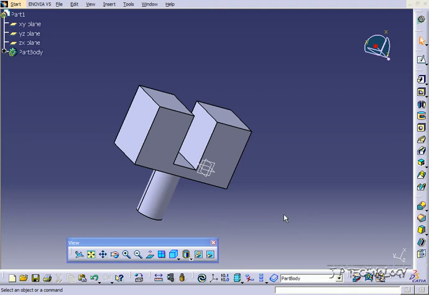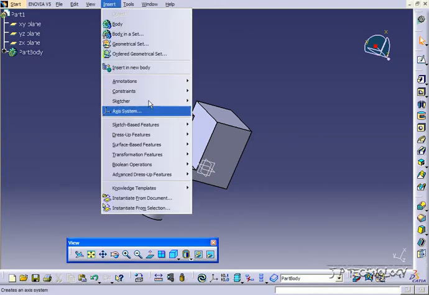This is tutorial number 60, and it covers the variable radius fillet feature within Catia v5. To start off, open up tutorial part number 59, which is located on the DVD. Now the variable radius fillet feature is found in the toolbar right here, or if you go to Insert, Dress